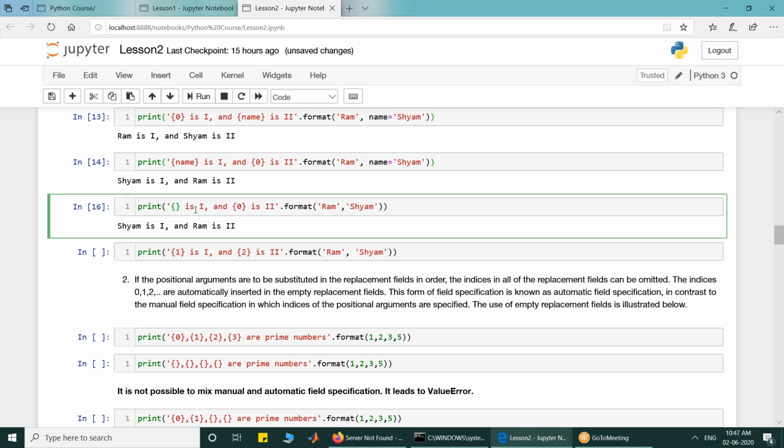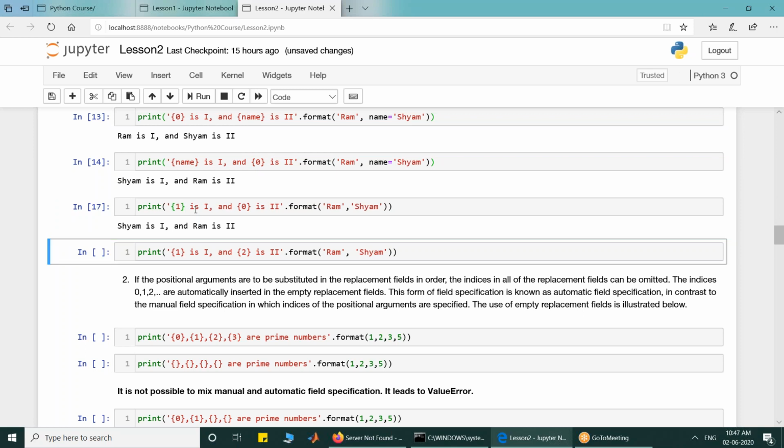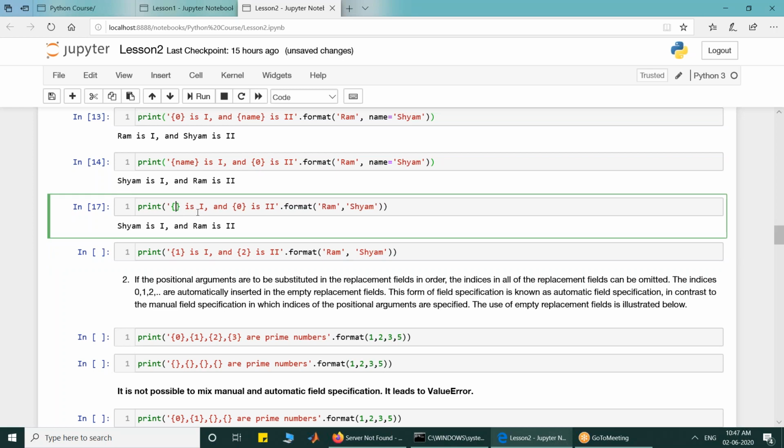So I can write here 1. So now Sham is 1 and Ram is 2.